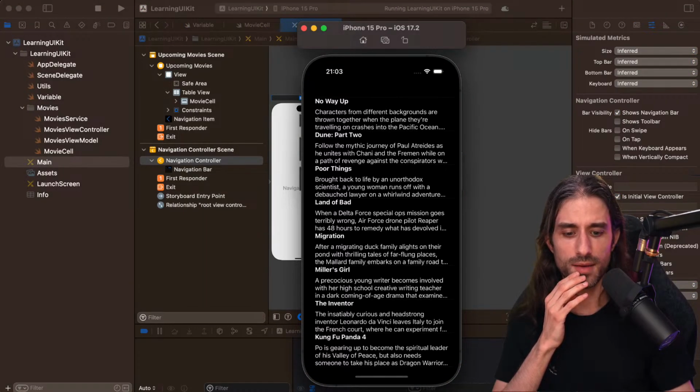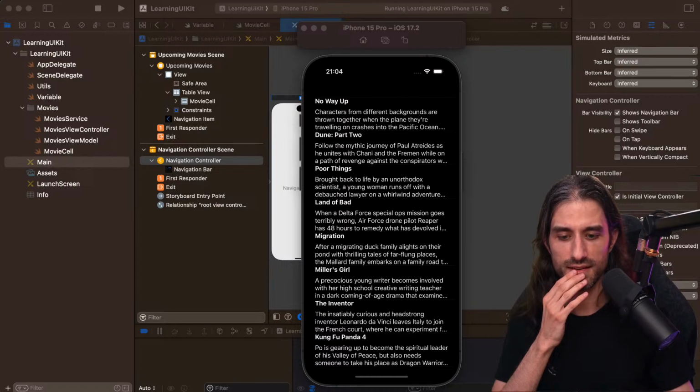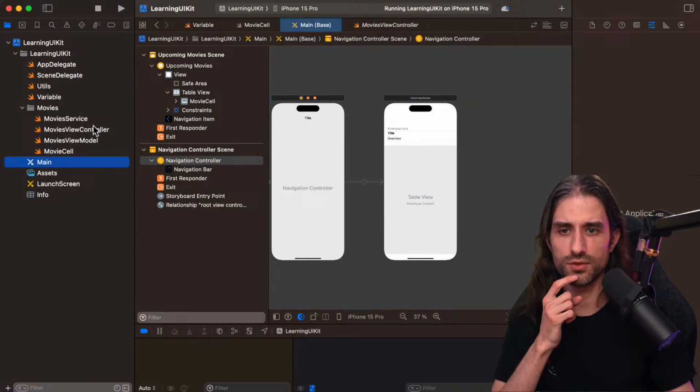Okay, we don't have the title appearing, so I've definitely missed something. So let me see what I might have missed. What did I miss? I'm looking at the finished code to see what I might have missed. Right. Oh, I think I need to do something on the navigation controller.